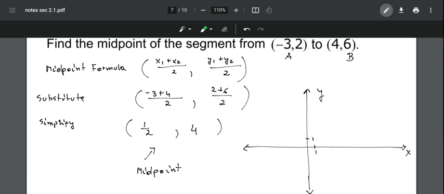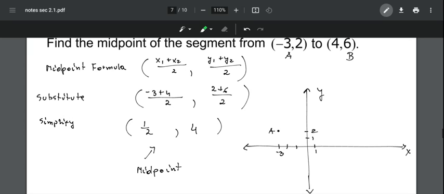So the given point was negative 3, 2. That's point A. The second point was 4, 6, right here. So this is point B, the second point. Okay, if we connect them,